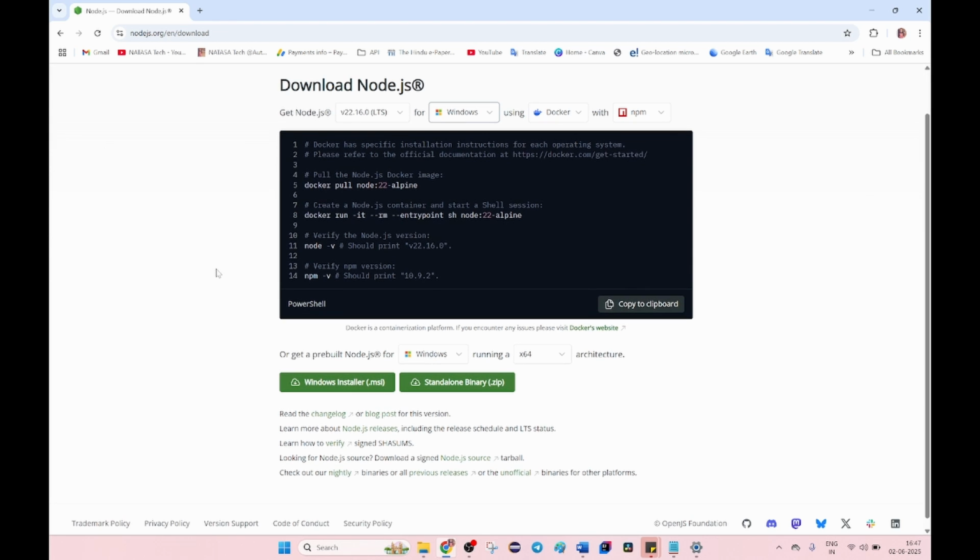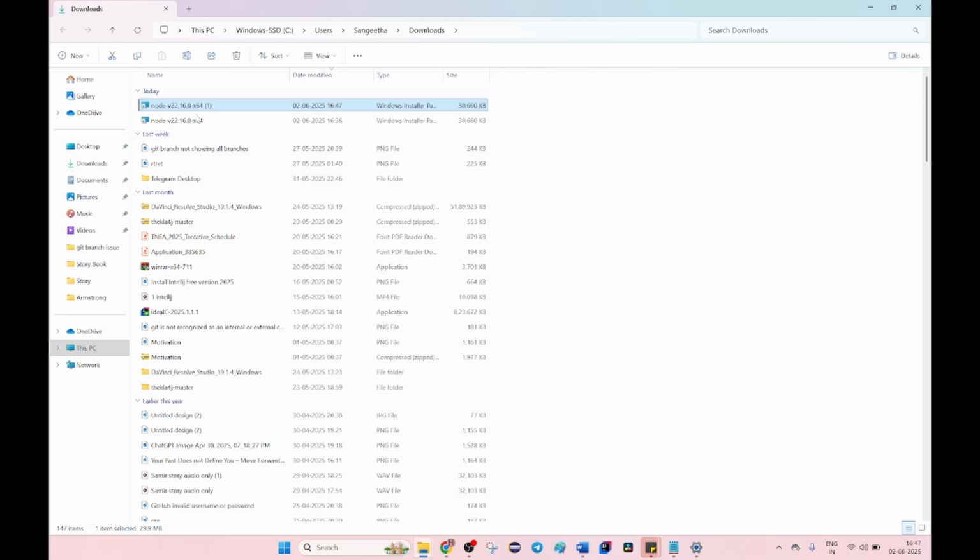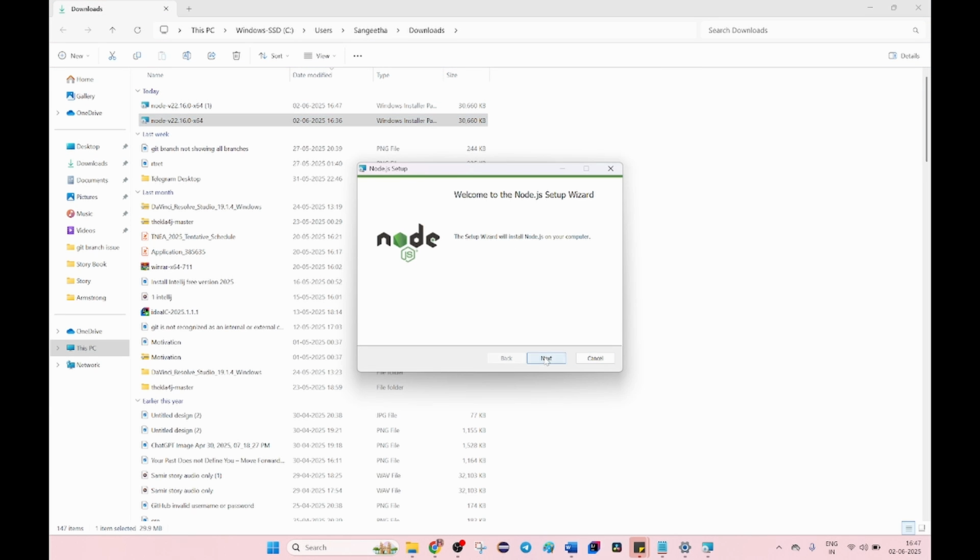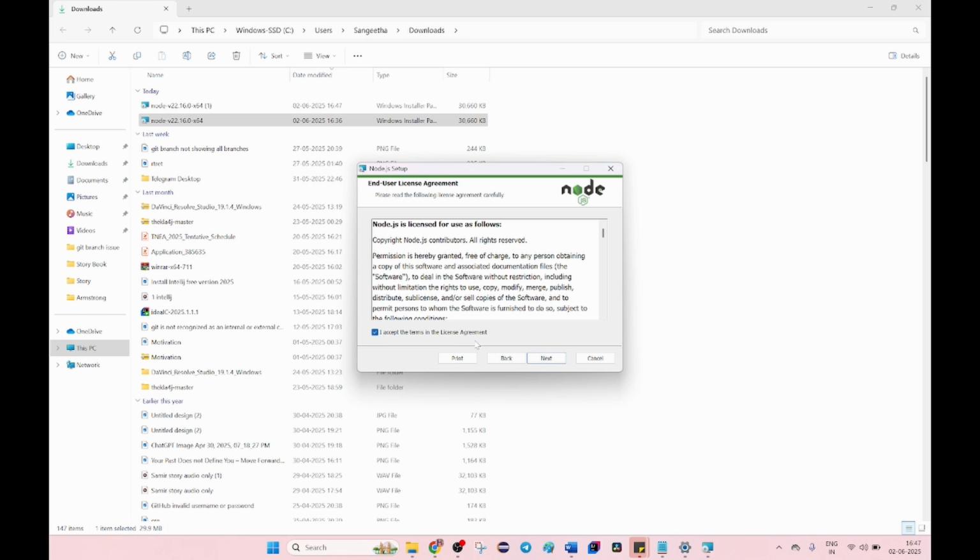Here you can scroll down. Here you can see the Windows installer .msi, right? Please click on this one. It will start downloading. So here, open in the folder section, double click on this file, click on next, accept the license agreement, click